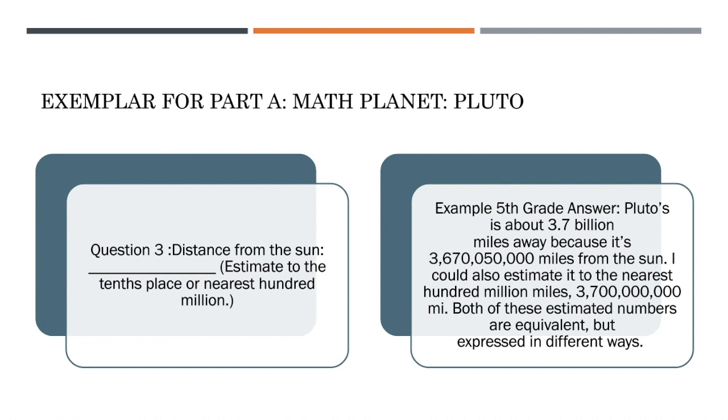Question 3, distance from the sun. Estimate to the 10th place, or nearest 100th million. Okay, example. This one, pay close attention to, because I think this one's probably the toughest one. Pluto is about 3.7 billion miles away because it's